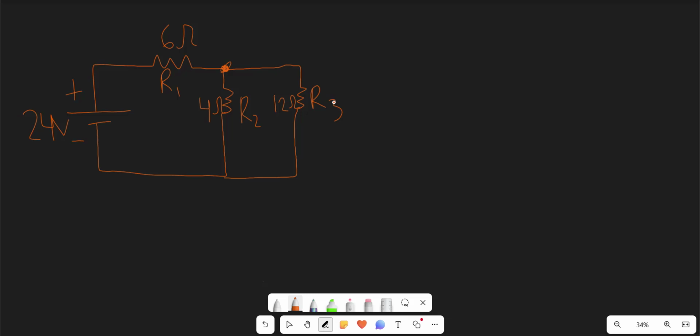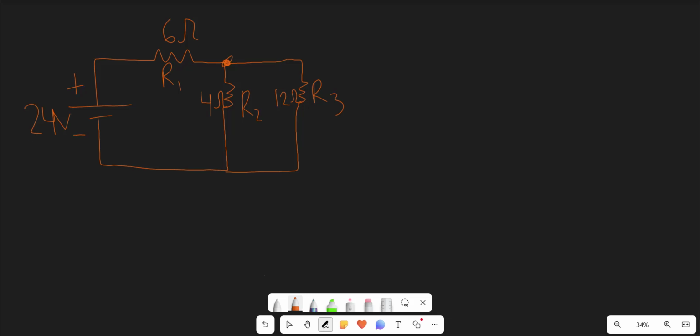So you might think that our first step would be to simplify these into their series resistor equivalents and then just add that with a 6 ohm, which you would be partially right. But what we want to do first is identify the current flowing into the node and then identify current leaving the node. So let's call the current that goes in this direction here I1. So I1 is headed towards this node right here, and once it reaches this node, it's going to have 2